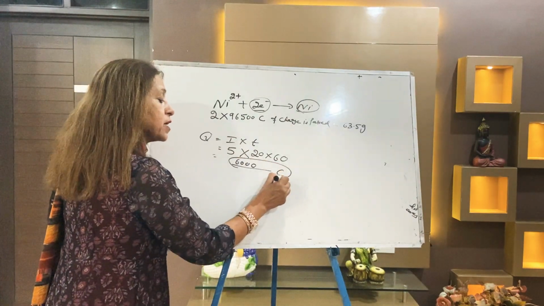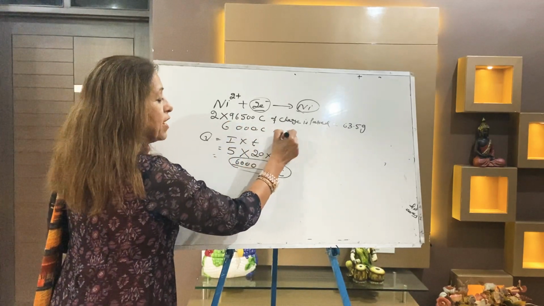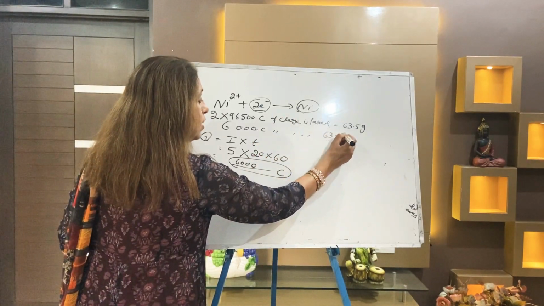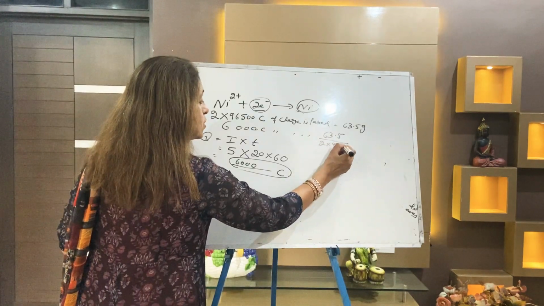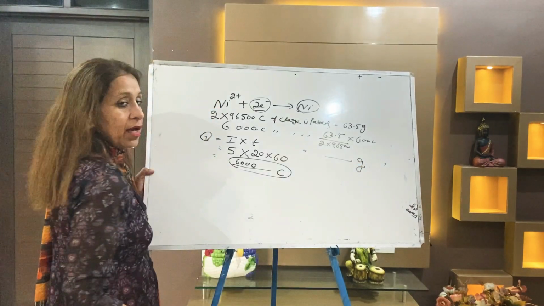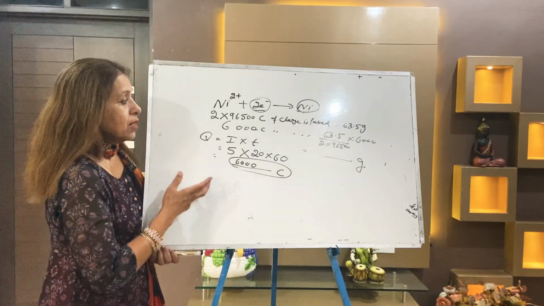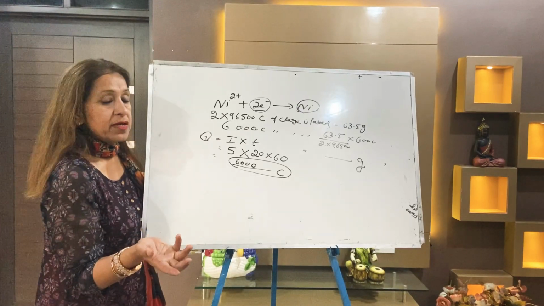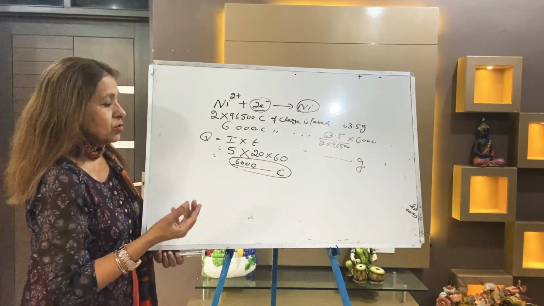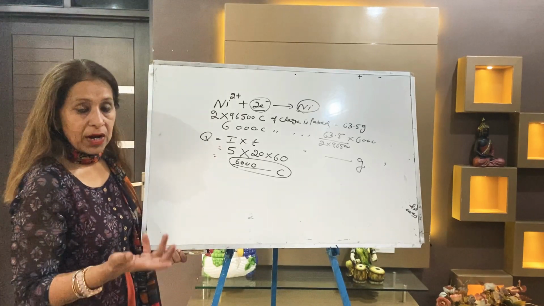Now here it is 6,000 coulombs. So if 6,000 coulombs of charge is passed, then how much nickel is deposited? It is the atomic weight of nickel divided by 2 into 96500, multiplied by 6,000. Your answer will come in grams. So these are very simple numericals. The first step is you write your equation. The second step is to apply the unitary method, with a little variation, and a very common formula, Q is equal to I into T.